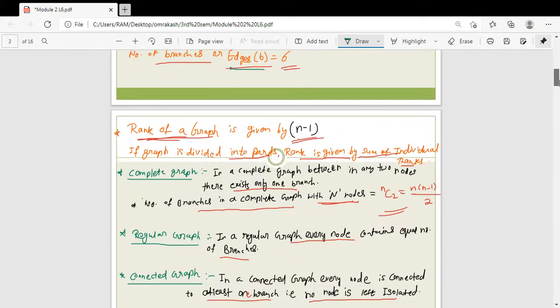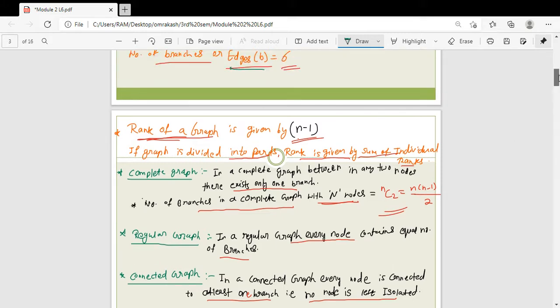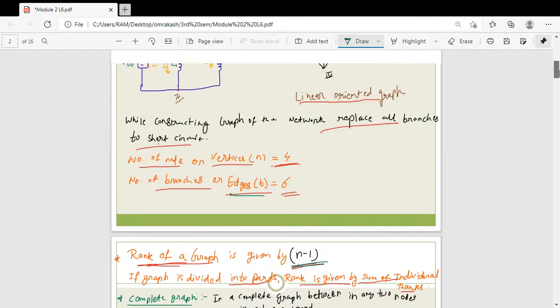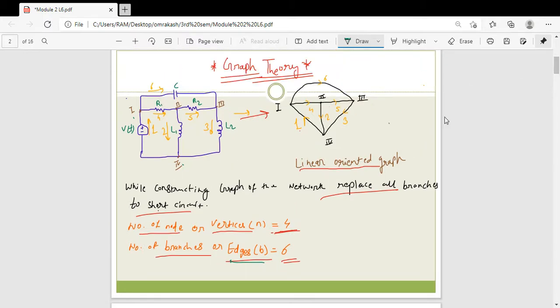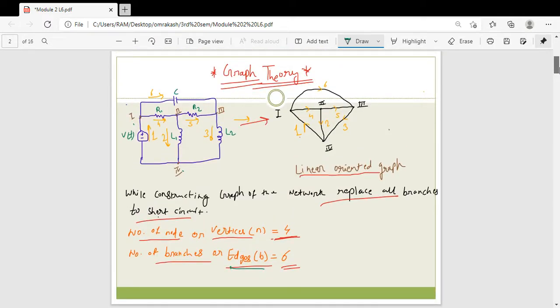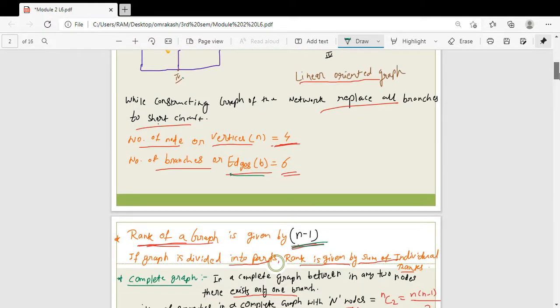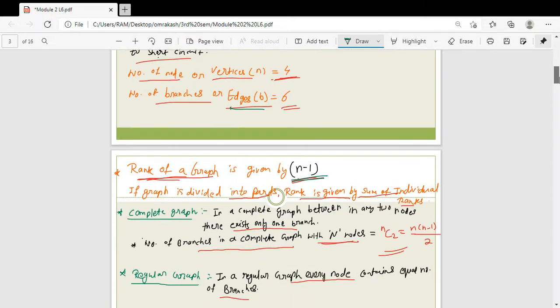Okay. Now the rank of matrix, sorry, rank of graph. How to calculate the rank of a graph? Using this formula you can easily find it, which is nothing but n minus 1, where n is the number of nodes. So the rank of this graph is 3. You can also find this once you make a matrix, using the mathematical concept of the rank of a matrix. But in this graph you can directly say that there are four nodes, so the rank of the graph is 3. So it is easy to find the rank.